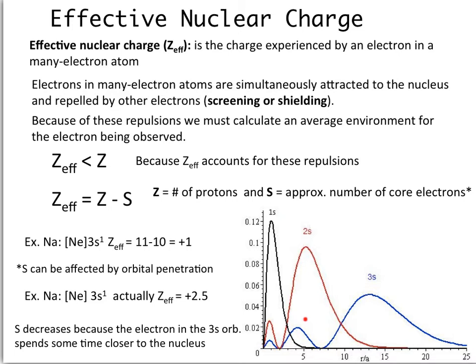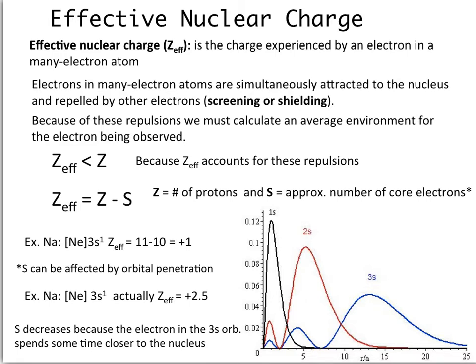However, because there are some penetration effects, there is a chance that that 3s electron would be closer to the nucleus, so the shielding that we see when we just assume they're all residing in a specific location at all times becomes altered. So that S value gets a little bit smaller,